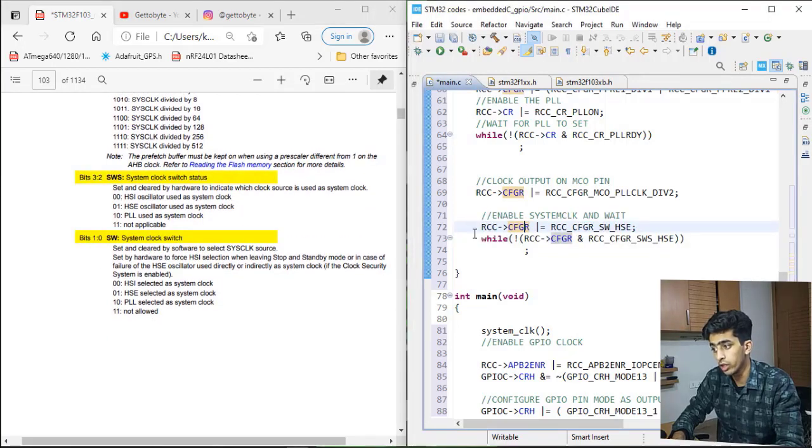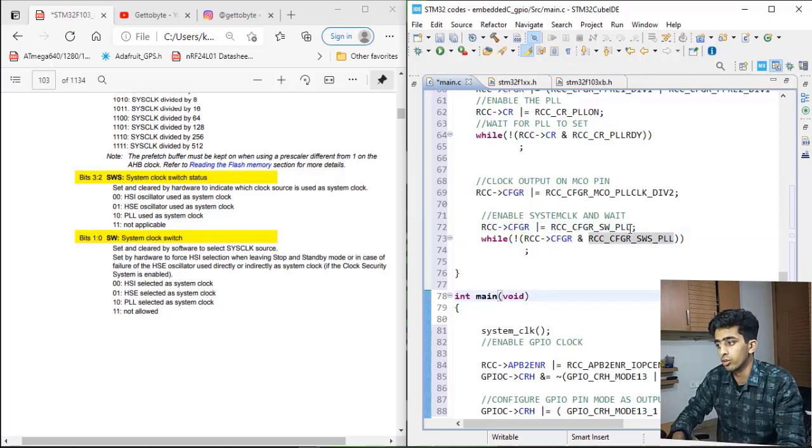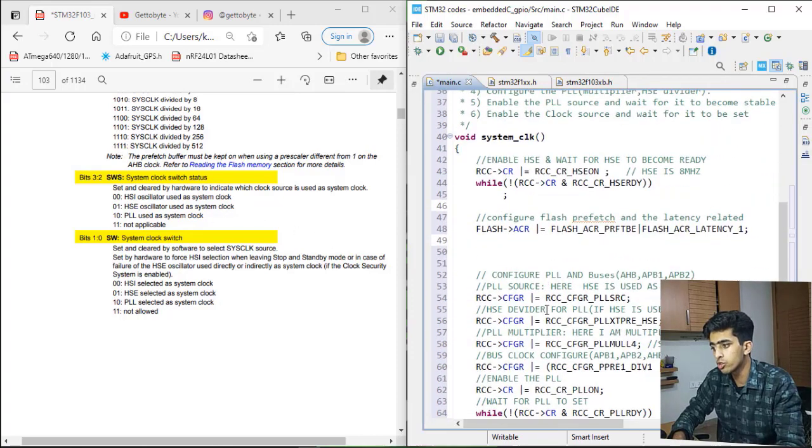Here I am first configuring what my clock source will be, and I have set PLL as my system clock. So SW_PLL for selecting my clock source as PLL, and then SWS_PLL for status monitoring it. So that's all the code you need for your system clock.